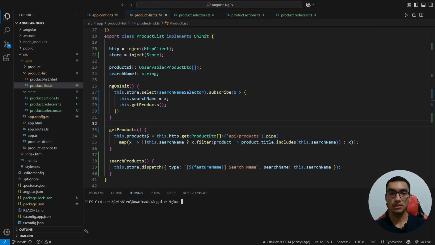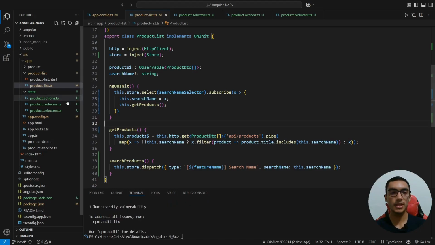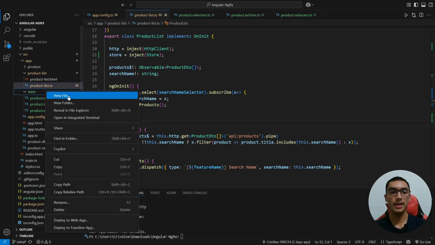We need to install another library. So type npm i NgRx effects to handle side effects such as API calls. We'll add the force flag to ignore any conflict. Execute this command. Now from the state folder, we'll create a new file called